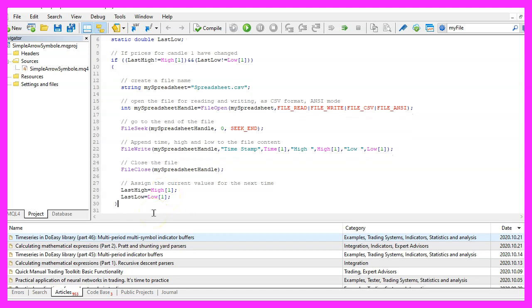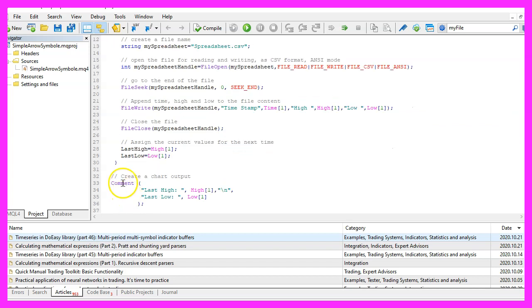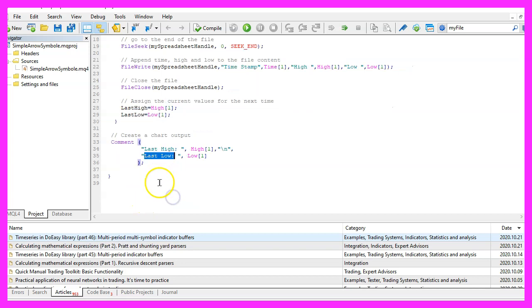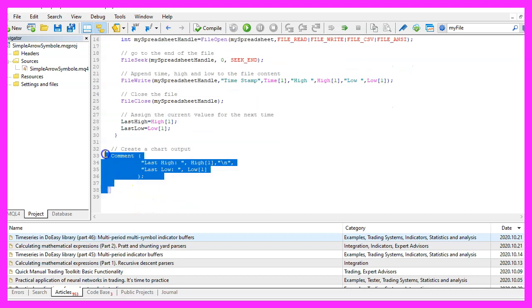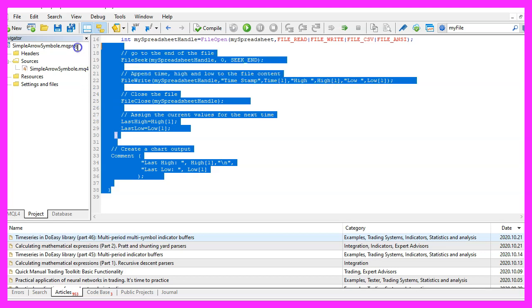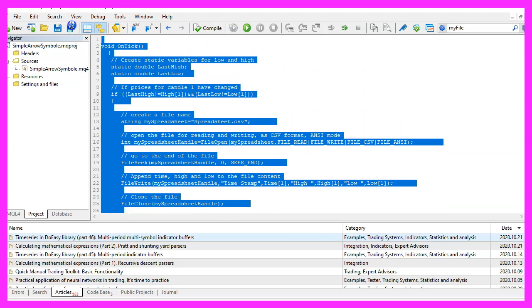Now let's close the if statement here. I would like to add a comment statement to output the values on the chart, and that's about it. If this was too fast for you, or if you have no idea what all the code here does, maybe you want to watch one of the other videos in the basic video series, or maybe even the premium course on our website might be interesting for you.